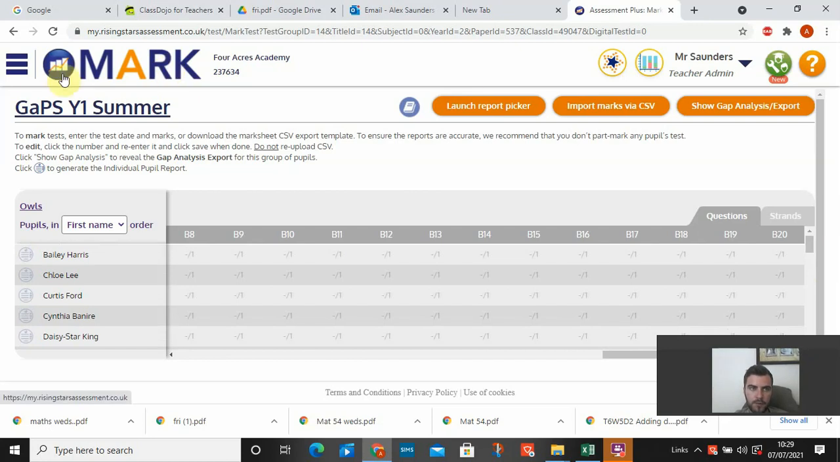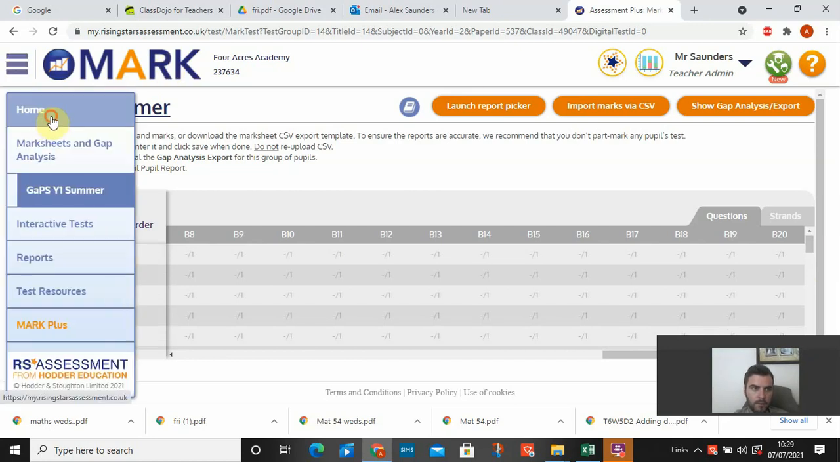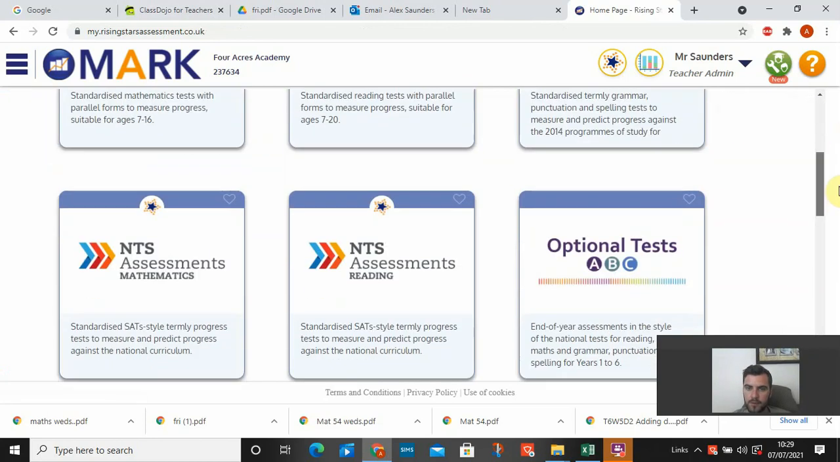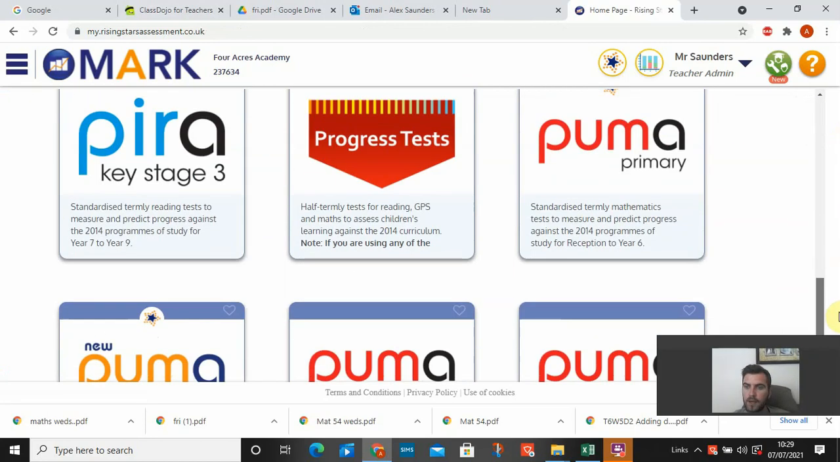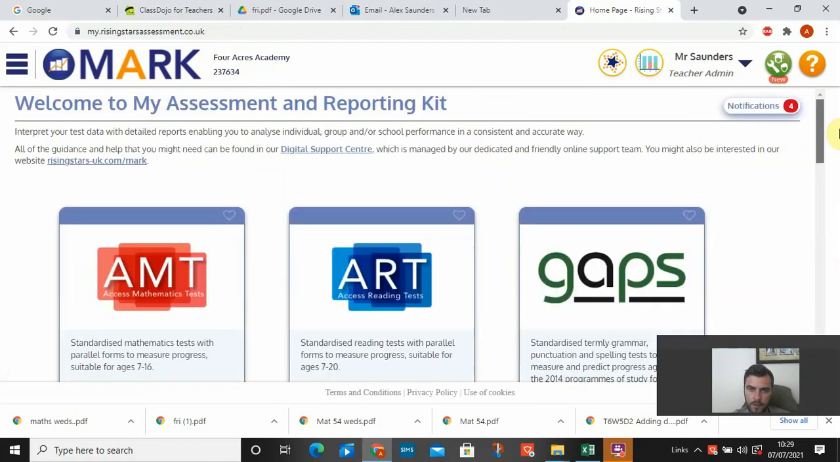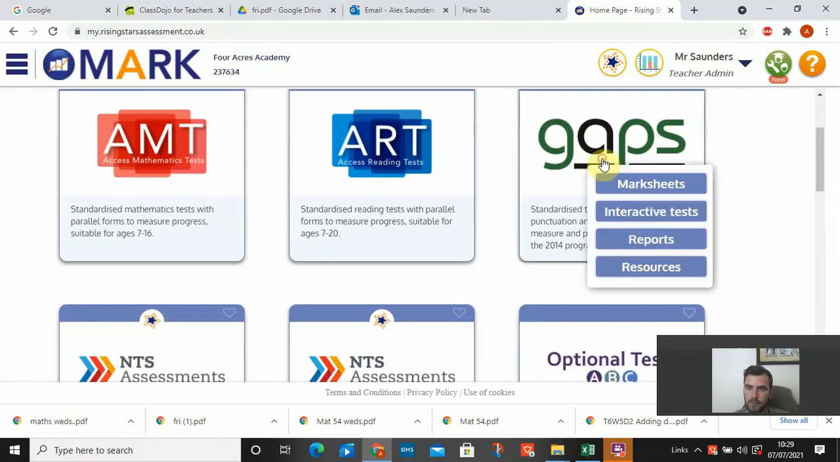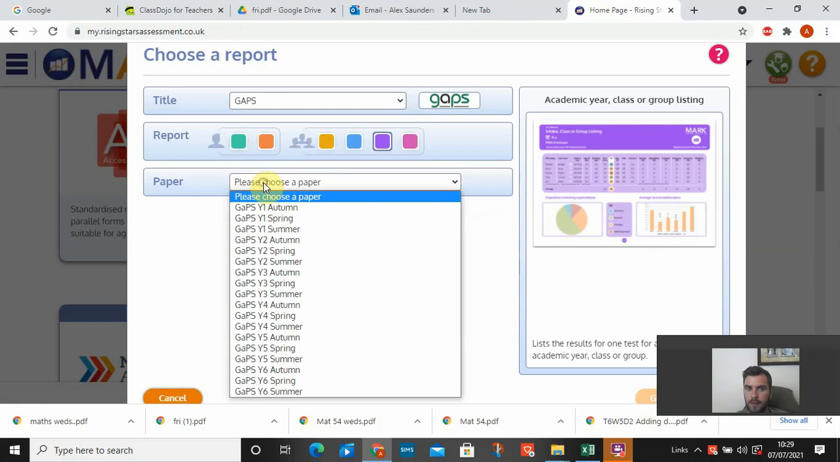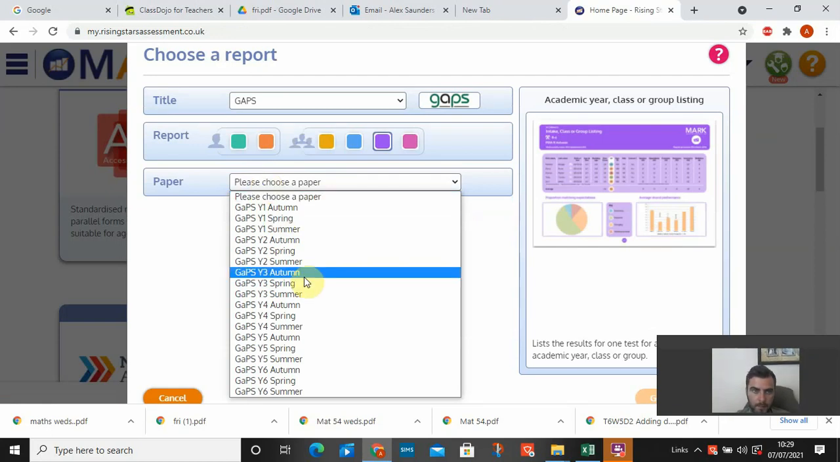If I go back onto the main menu, once the data is inputted, you can then pick from a selection of reports. So let me show you. If you use gaps again, if you go onto reports this time, it says select the paper. So you select the paper that your children have just sat. So if we look at year 4 summer,